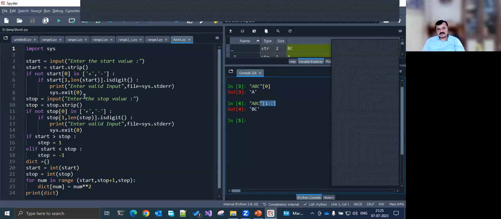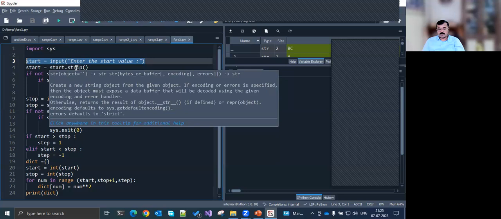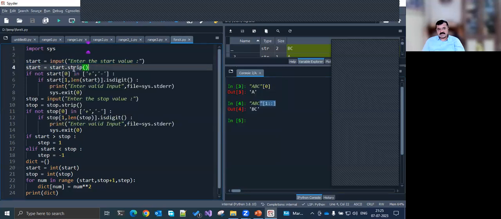So for others who are trying and may not understand what has been done over here, let me explain. This team is getting an integer, and they would like to make it run even for +5 or -5. So the idea is they are first getting rid of all the spaces. Once they have got rid of all the spaces, if not str of 0 in plus or minus,